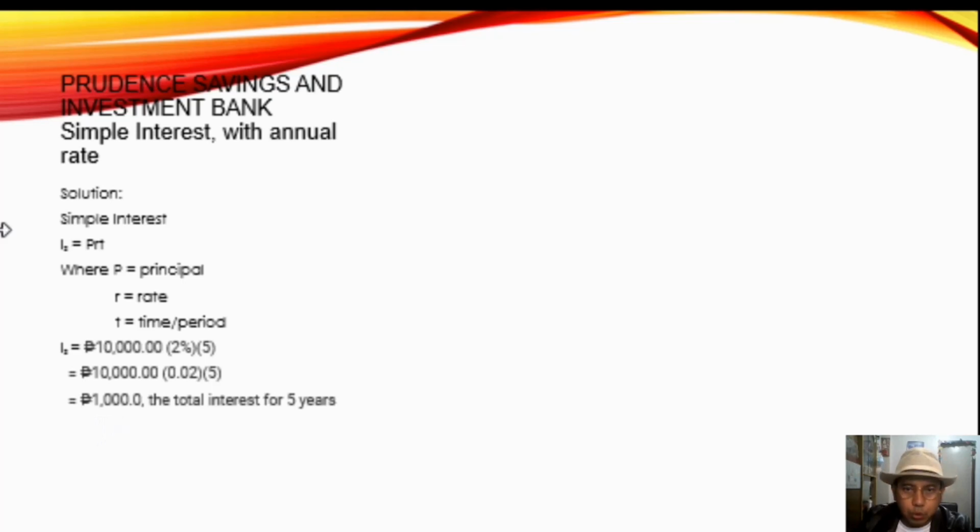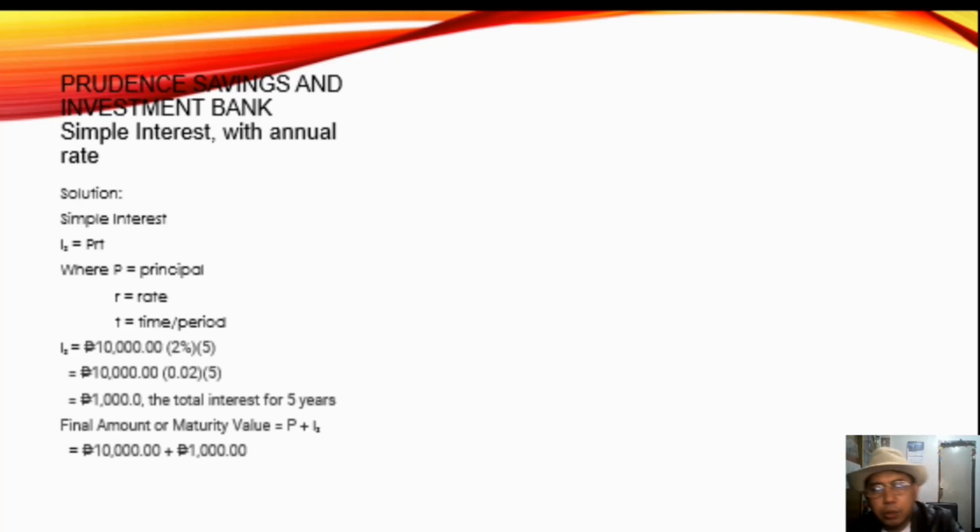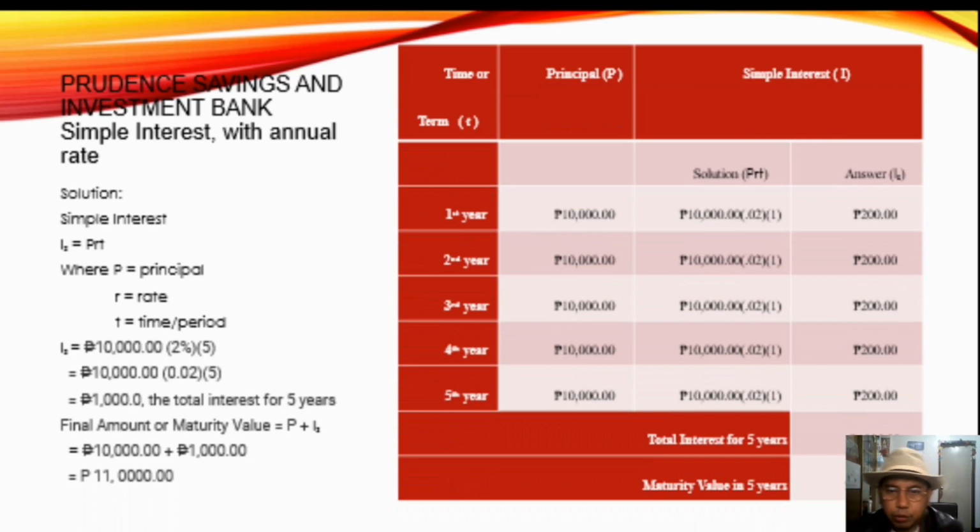It will give you a total interest of 1,000 pesos. That is the interest for 5 years. And the final amount or maturity value of the investment of 10,000 pesos in the Prudence Savings and Investment Bank would be 10,000 plus 1,000, which is equivalent to